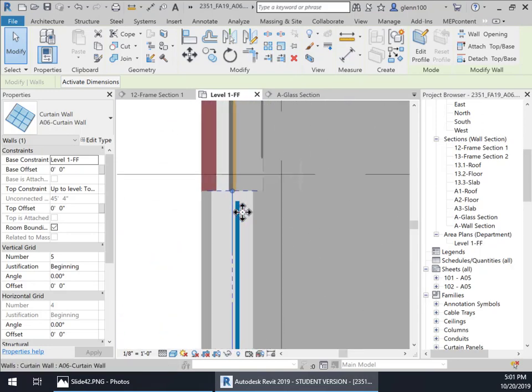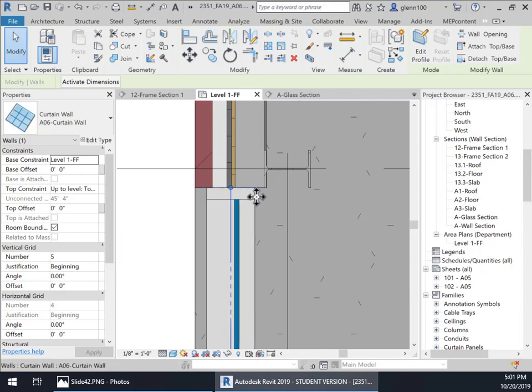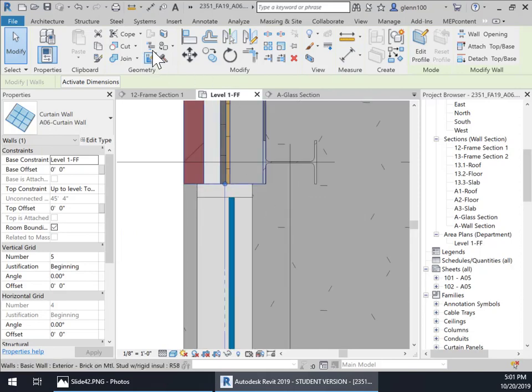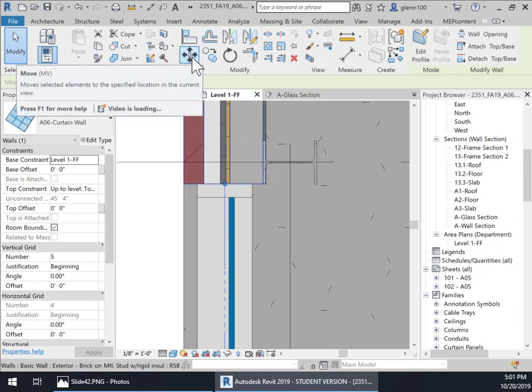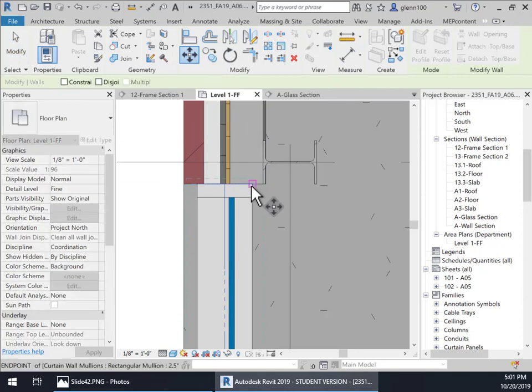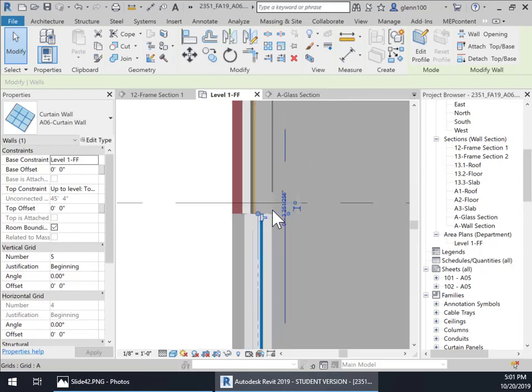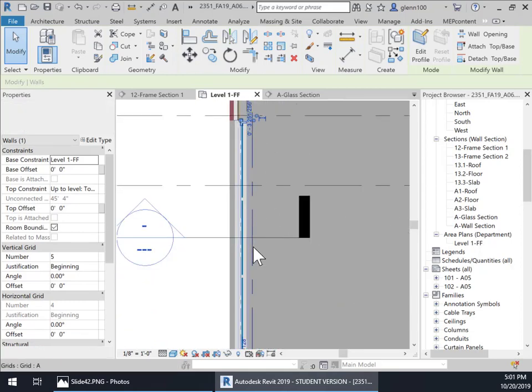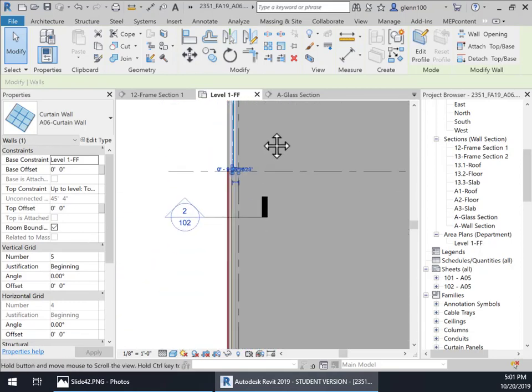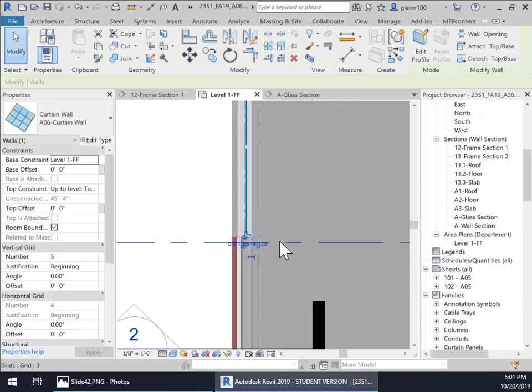Now with that unjoined, okay, I can go into move. I can select it. Okay, select the curtain wall line, location line, and then I can go move, and I can use the edge right here, and I want to move this edge of the mullion to the inside edge of the column there, and boom, it moves it. Notice it didn't move anything else. It just allowed me to move that curtain wall,